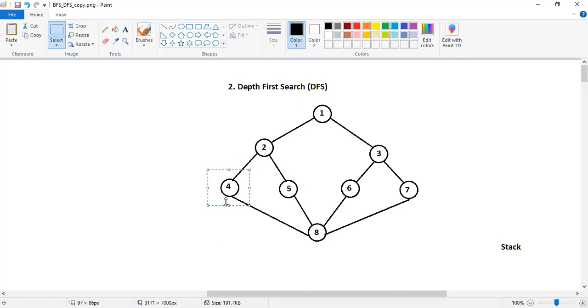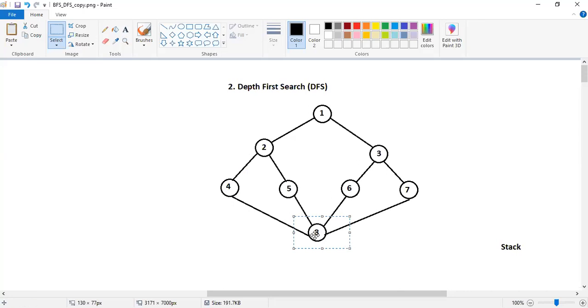We need to start with exploring the newly visited vertex, that is correct. Now from 4, what will we do? We will try to explore this one. What are its adjacent vertices? 2 and 8, but 2 is already visited. So go towards 8. Right, now we will reach 8. Once we reach 8, stop exploring further for vertex 4, and start with vertex 8.